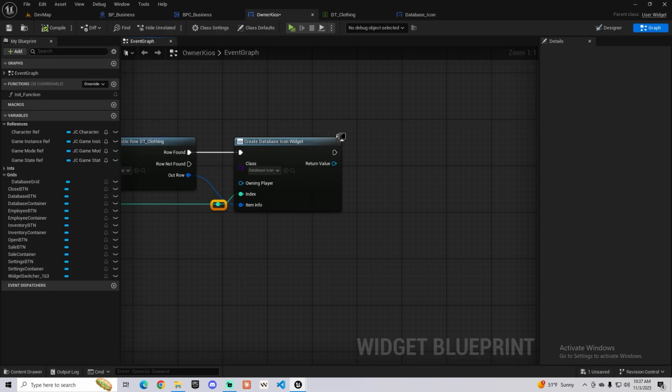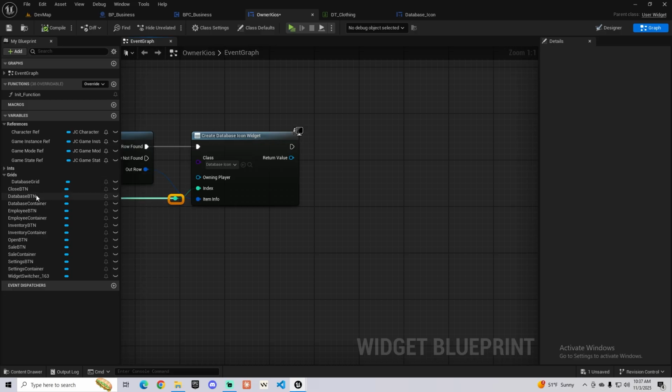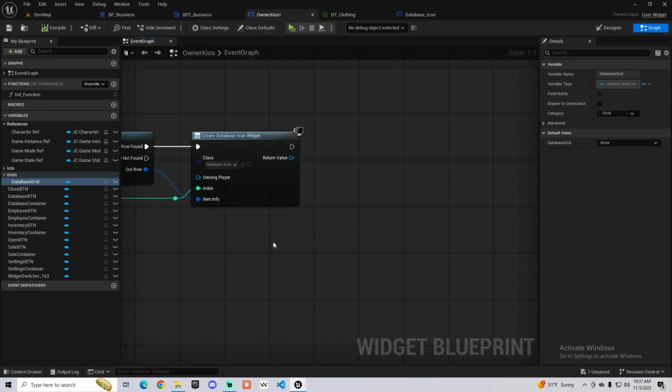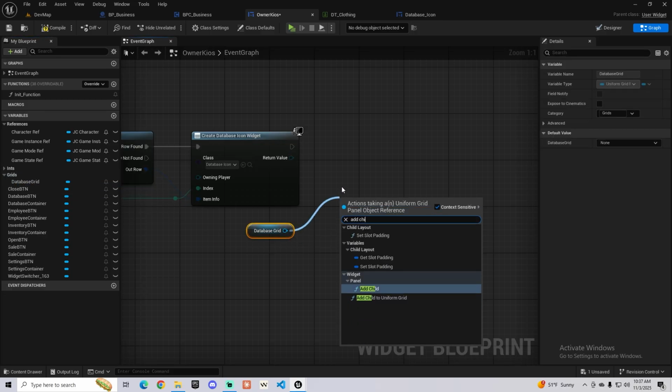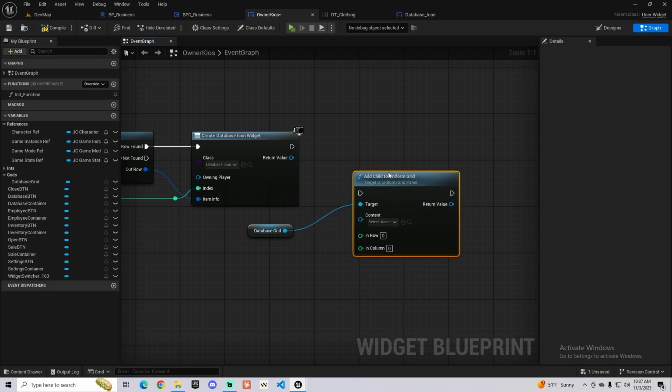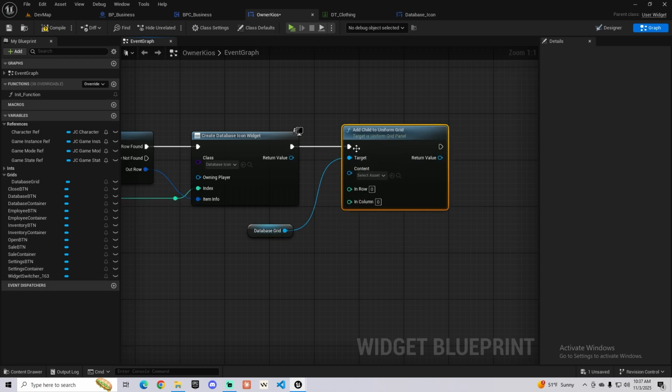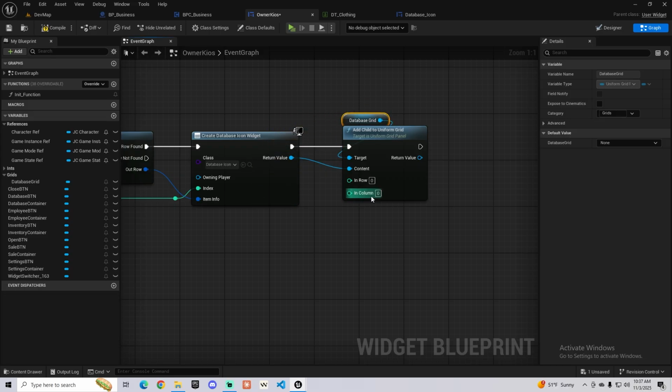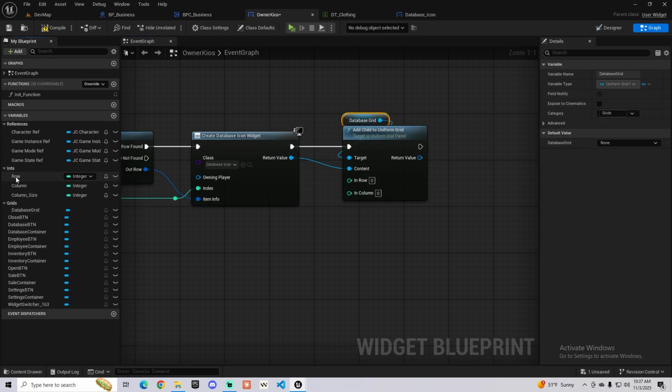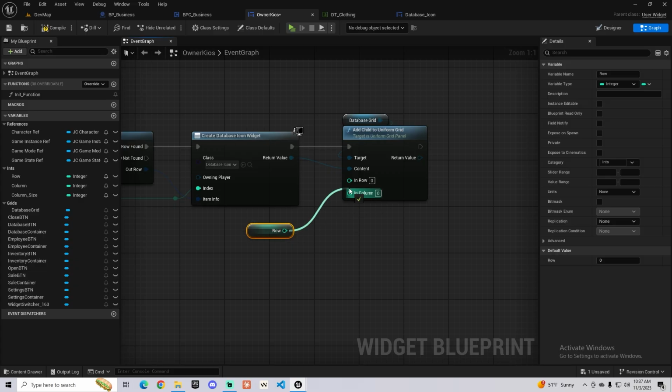Okay, so what we can do here, we can grab the data table grid, and we can say add child to uniform grid, and we add this, and now it's asking for row and column. So if you remember, we have these, we can say add this here, column,